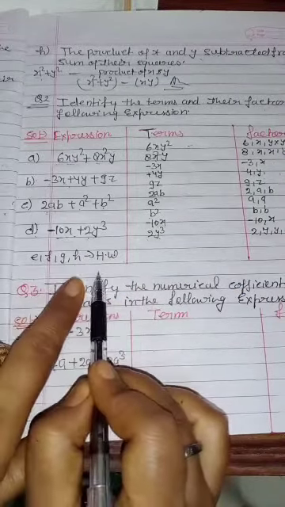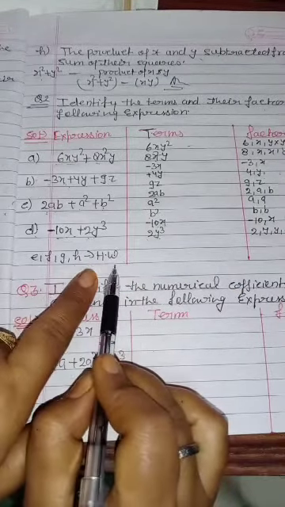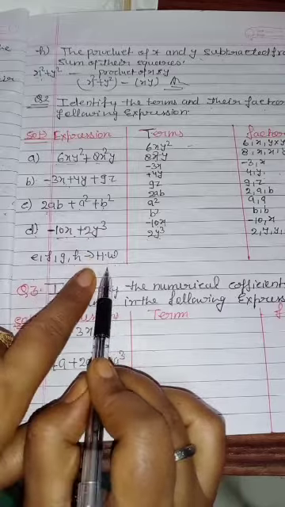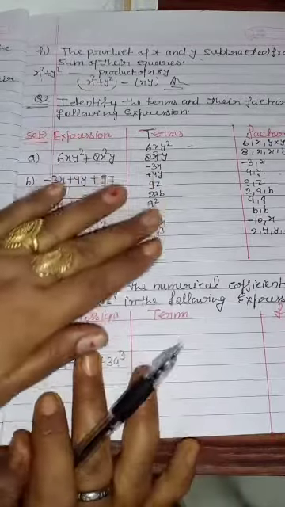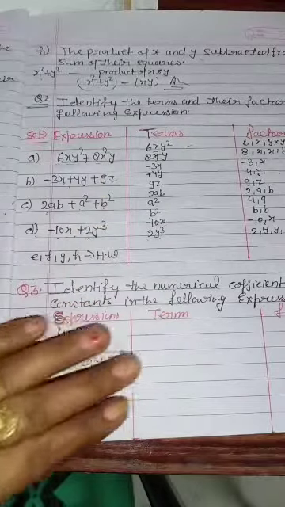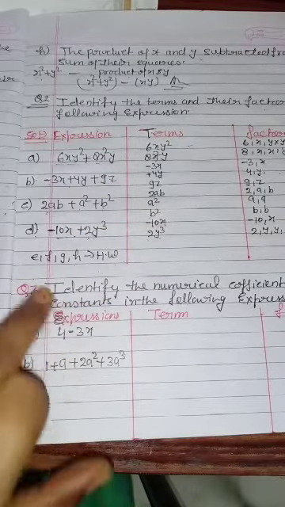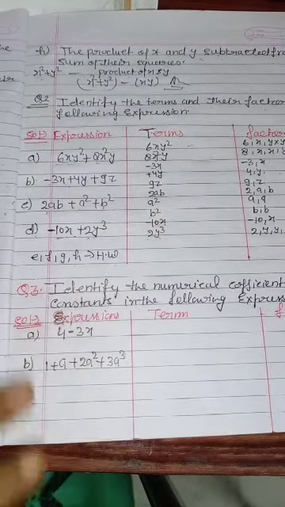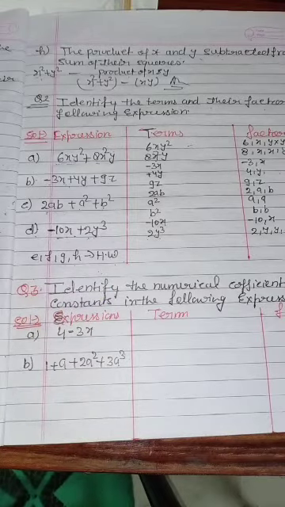In this way, you will do the E, F, G and H parts in the same way. I am not doing them. I am leaving them for your personal practice, for your homework. You will perform those questions in the same way. Then you will start the next question, number 3. Don't write E, F, G, H, they are homework. I am writing it for you, and you have to do those questions yourself.